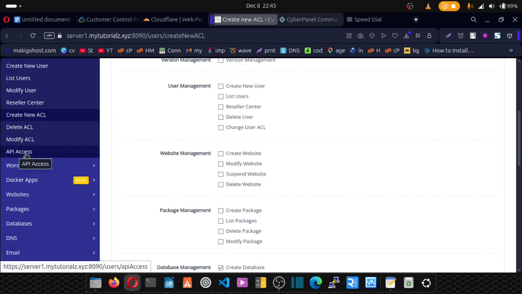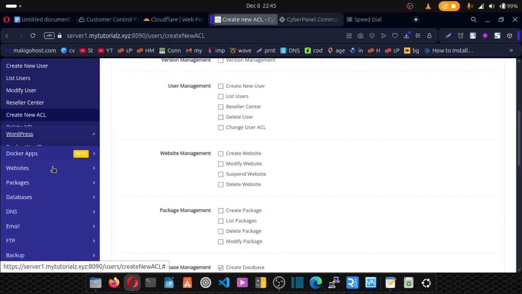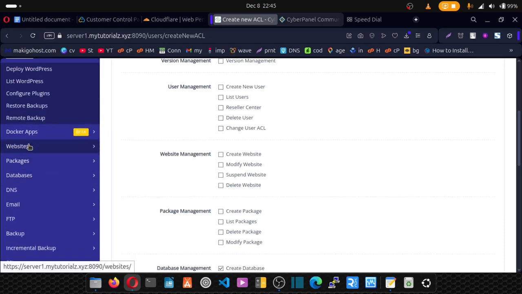We have API access. Now if you have multiple CyberPanels and you want those two panels to communicate, something like transferring data from this CyberPanel to another CyberPanel, you have to allow what we call API access. Next up, we have website, and here you can create websites and assign packages to those websites,